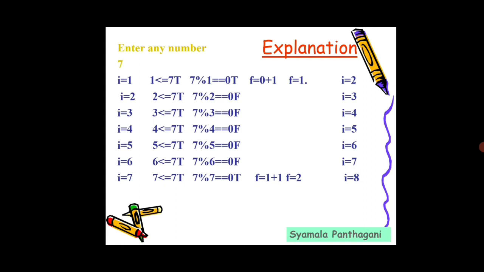1 plus 1 is equal to 2. The new value of f is 2 and i is equal to 3. Now the compiler goes to the next iteration with the new value of f. i is equal to 8. 8 is less than or equal to 7? That is false. That's why it just comes out of the for loop. When it comes out of the for loop, the final value of f is 2. Observe here, only when the factors of 7 are true does the compiler increase the value of f.